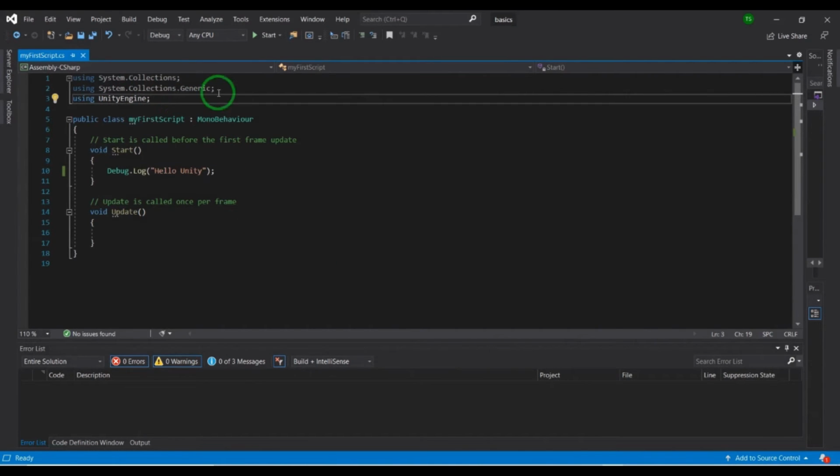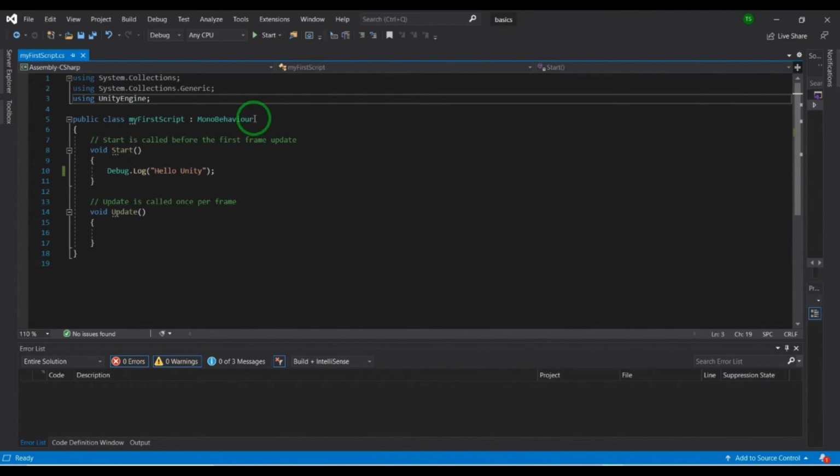Actually, these lines which are written here are called namespaces. UnityEngine is a namespace. System.Collections is a namespace. There is so much code written in this UnityEngine. There are so many things already defined in UnityEngine. We don't have to write those things again. UnityEngine is giving us MonoBehaviour, Start, Update. All of this is already defined in UnityEngine.